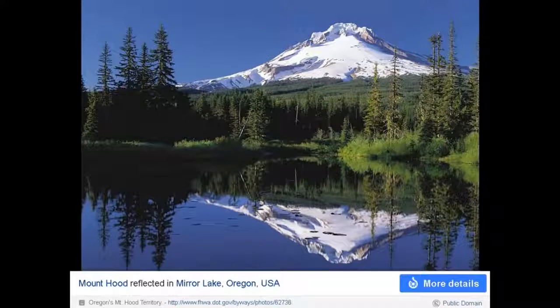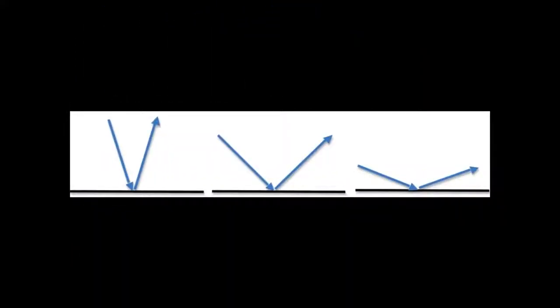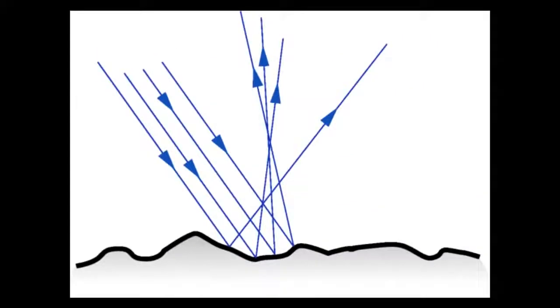And then we can see an example of this, a perfect example, through Mount Hood, reflected in Mirror Lake in Oregon, United States. And then we can see it in all of these examples as well. And what we notice is that the angle of incidence equals the angle of reflection. Therefore, if the water were not a perfectly flat, mirrored surface, it would not produce the identical image.